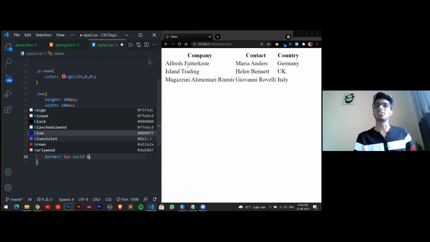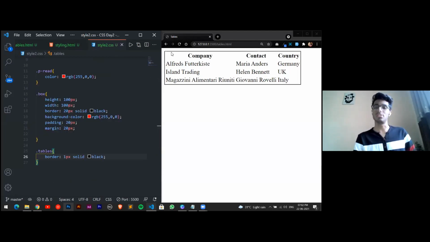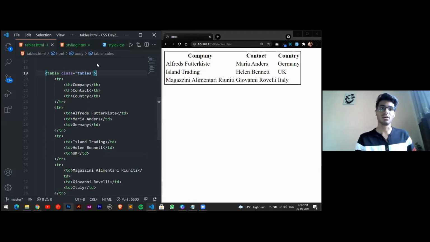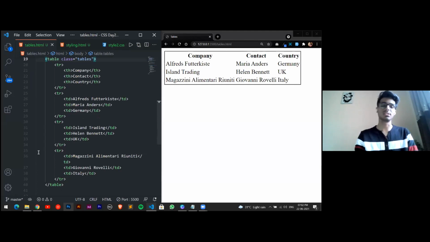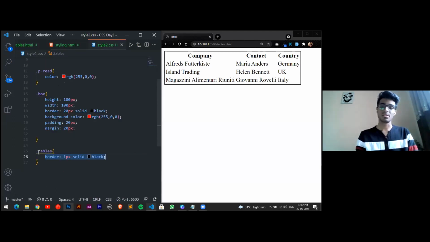Save this. So as you can see, the border is only getting applied to the corners or the boundaries of the table. Okay, because we have used a border property for the table itself. That is, this property is getting applied to this particular table only, not to the tr, not to the th, nothing. For this, what we'll be using is, instead of class tables, if we just give table, and now